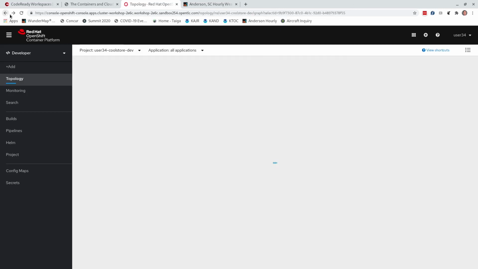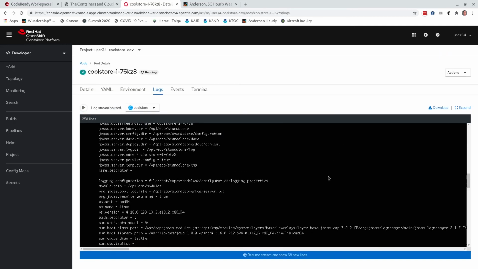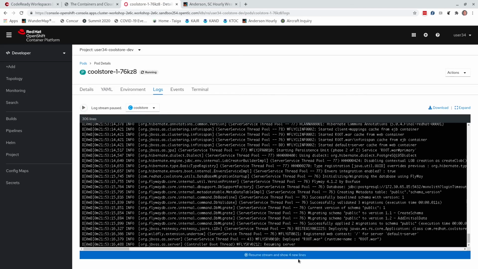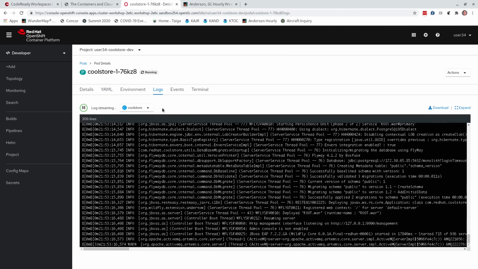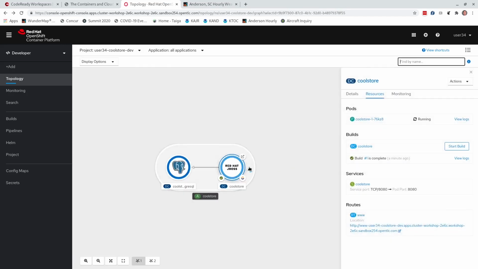If I go back and look here, there's now a deployment being done. There's a pod. It's not dark blue yet, so it's not done. But if I view the logs there, yeah, I'm seeing Java startup. And once that log stops, it's probably because it's just about fully deployed. Here we go, and I can see the application by clicking on this URL,